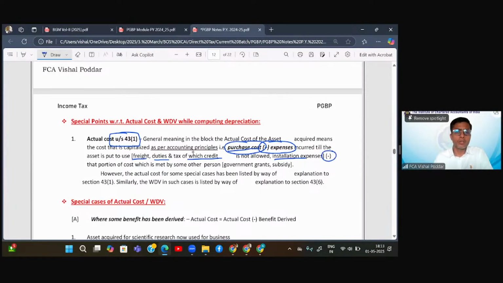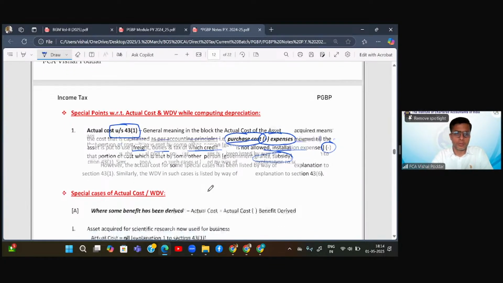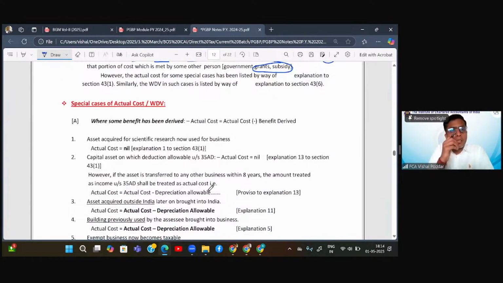And from this, we will exclude any subsidy or grant given by government for the cost, because that much cost we are not actually bearing. So to that extent, the cost will be reduced. Now, there are some special pointers given relating to this actual cost. Now, what we are studying today,